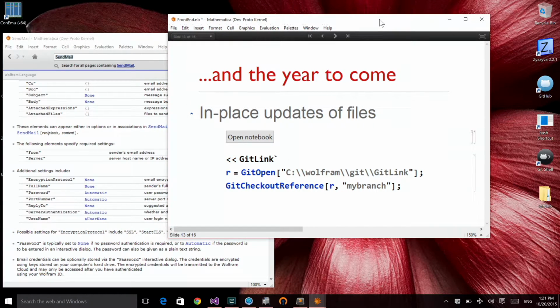I work with products under version control, as I'm sure most of you do too. We just switched to Git about a year ago, and it would be really convenient to have updates from version control automatically reflected in open notebooks, and not have the notebooks fighting for access to those files. And so this is something which